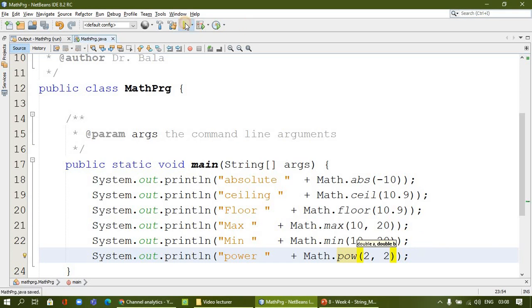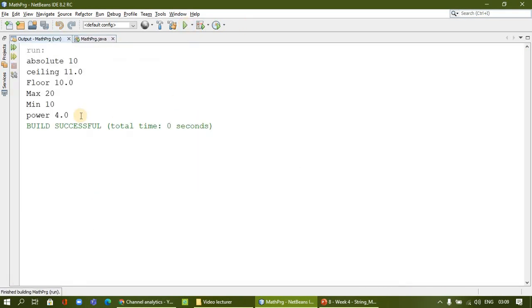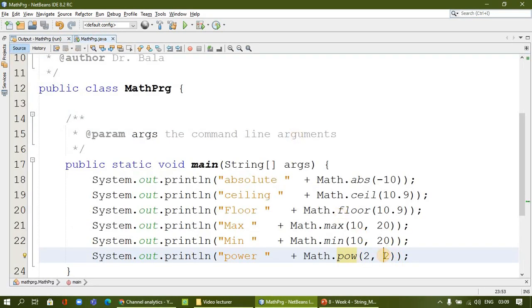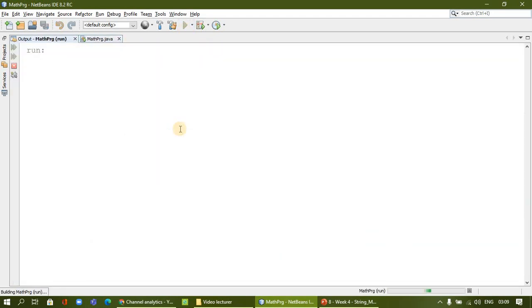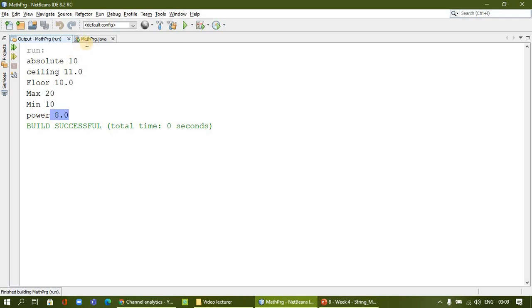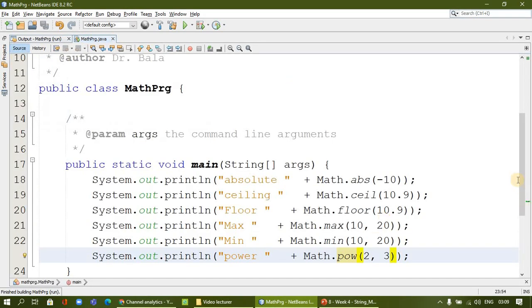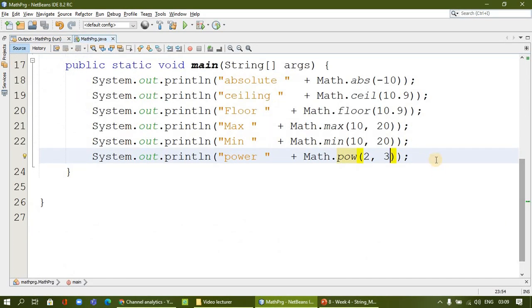For example, I am checking a small number, 2 power 2 is 4. If you are going to say 2 power 3, so 2 times 2 is 4, 4 times 2 is 8. So 8 is there. In that way we can call the power method. Here 2 is the base value and 3 is the exponent value.